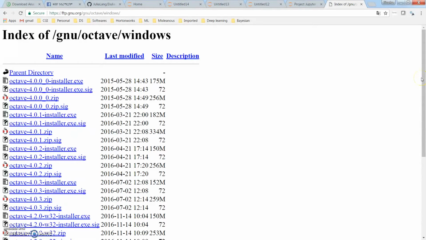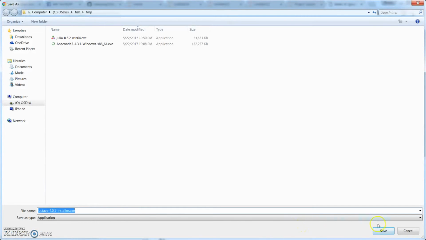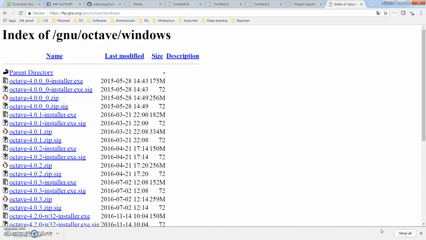Let's pick one from here, like the Octave 4.0.1 installer. So let me download this. I don't know how long it will take. It seems it will take a couple of minutes. So I will wait until it completes the download and I will get back.